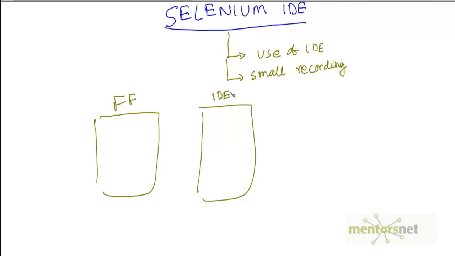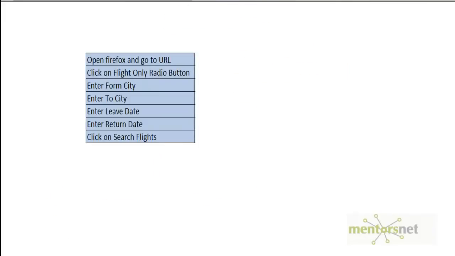So what you are going to do is a couple of steps on the Firefox. Let's say you want to search on orbis.com for flight details. In that case, probably you're going to do these steps. Like you want to open the Firefox browser and go to the URL. Then there will be a couple of buttons where you want to click on the flights only button, and then you enter data like which city you want to travel from, which city you want to travel to, your leave date and return date, and then you click on search flight. And if you do all these 5 steps, then it will probably show you the price for your flight